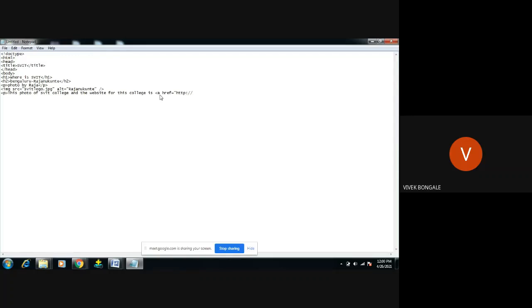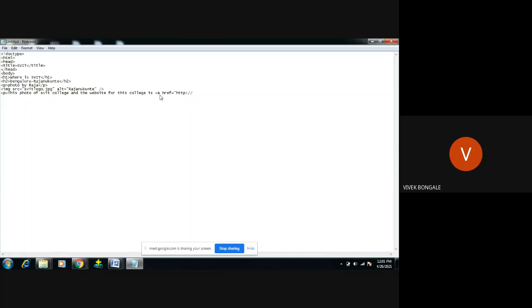If that file is not there in the current server, it should check with the other server, right? So this works based on the DNS server. The DNS server will check .com, as I already explained in the first class, what .com is, what .in is. So if the domain name server doesn't find this particular file in the current server, it should move to the other server, check, and give the result. For that particular reason, we're going to use this double forward slash. If you do not use it, it will check only the current server. If that file is there in the current server, then only the particular link will work. Otherwise, it will not work.